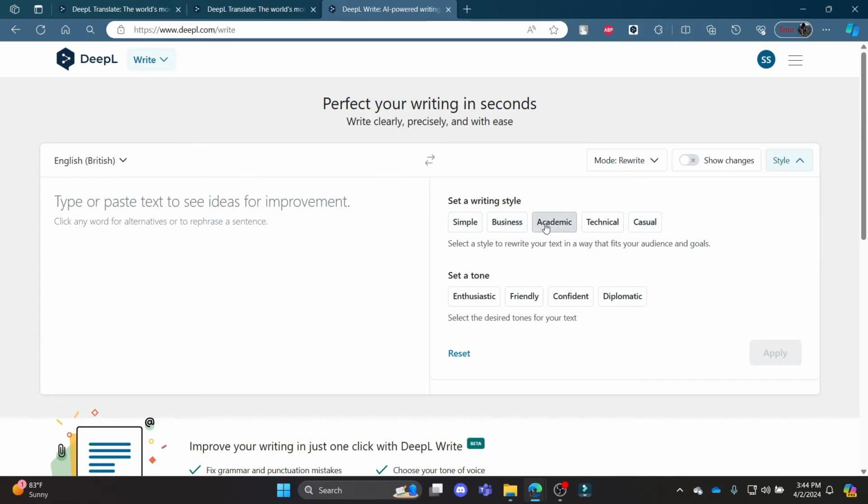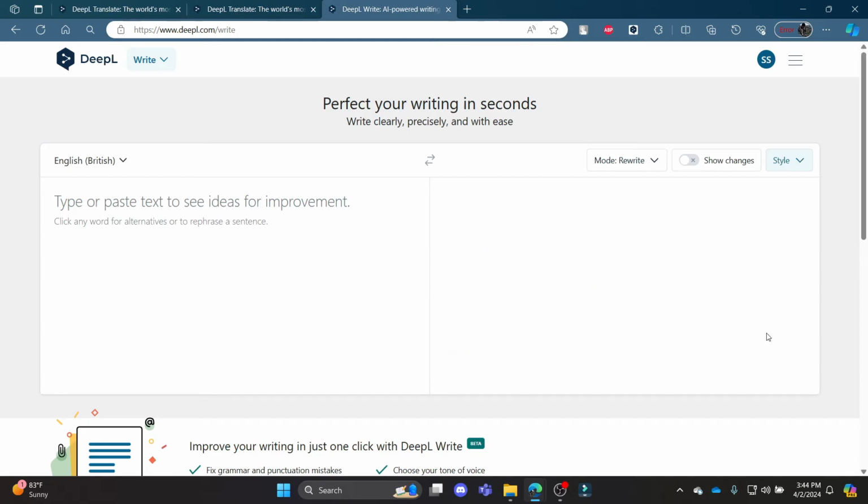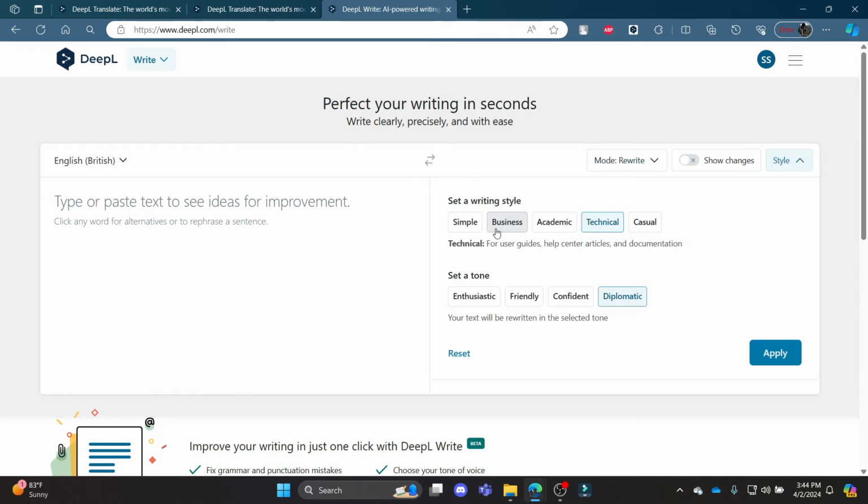The writing style will differ according to the writing style you have chosen, and you can even set a tone. So there are 4 options: enthusiastic, friendly, confident and diplomatic. You can select the writing style and tone, click apply, and then you will get the output according to the style you have chosen. So if you have chosen simple and enthusiastic, you will get a simple type of writing